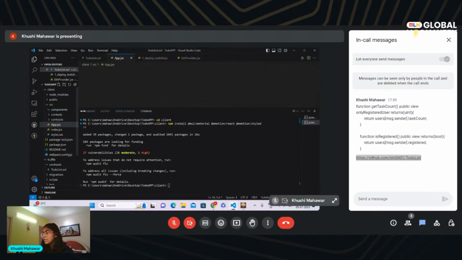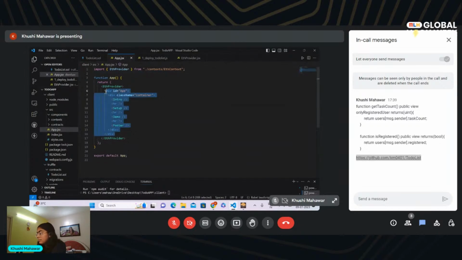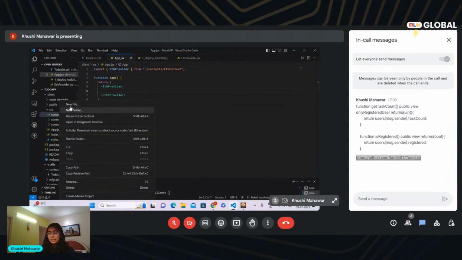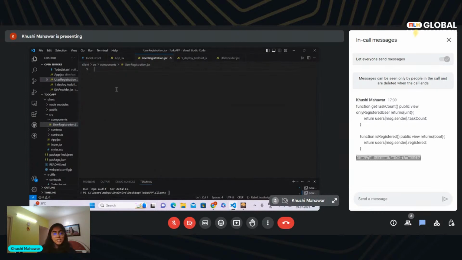In app.jsx I'll remove all of this, remove all of this, just leave ETH provider. That's it. Fine. Now, go to the components folder, click new file, and create a new folder. Let us name this folder user registration.jsx, right? So here, as we discussed yesterday, in React, the page components are divided into pieces, and